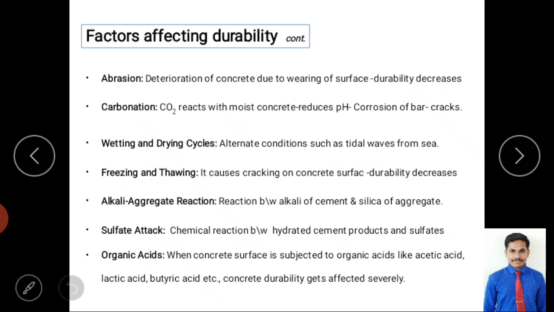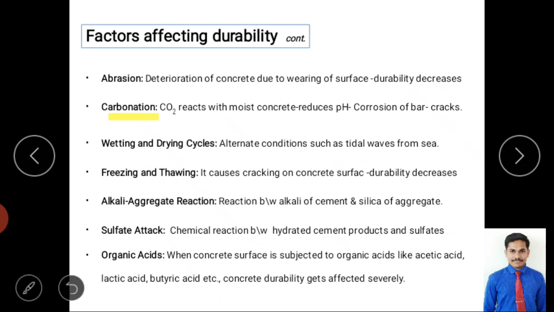of the channel. So due to the wear and tear of the bed of the channel, it causes corrosion to the reinforcement, and it makes the deterioration of concrete. So that's why, the more the abrasion, the less the durability. So it has a direct impact. We have to reduce the abrasion or wearing of the surface of concrete. So mainly due to the high velocity of water in some places, even in some places because of high wind blow.